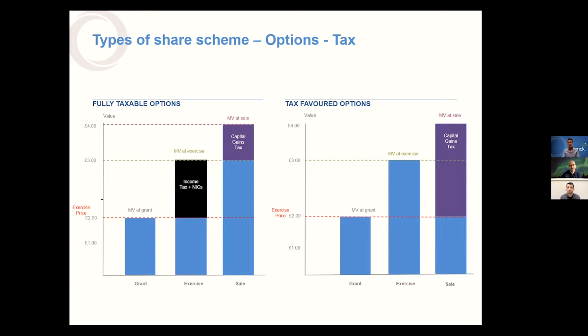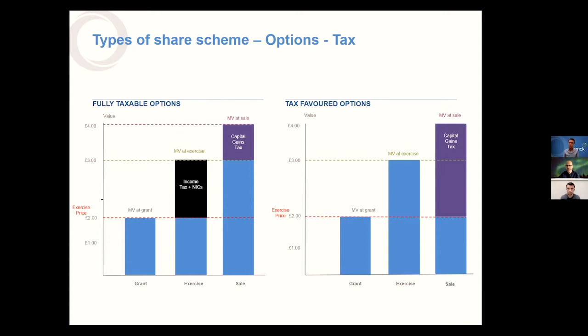So that's if you knew that those shares were definitely going to increase in value in that way, and you had the money to either acquire those shares for £2 initially, or to acquire them for nominal value and pay the tax on day one. For purely tax reasons, you'd be in a better position having just acquired the shares, because all your gain would be capital gains tax. But of course, you'd have paid out a potentially large sum of money, and if the shares fell in value, you wouldn't get that tax back. It would have been like a very bad investment.